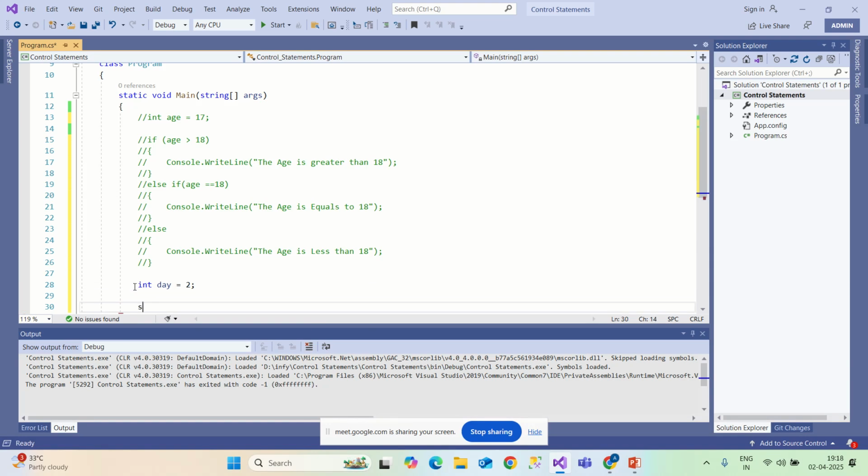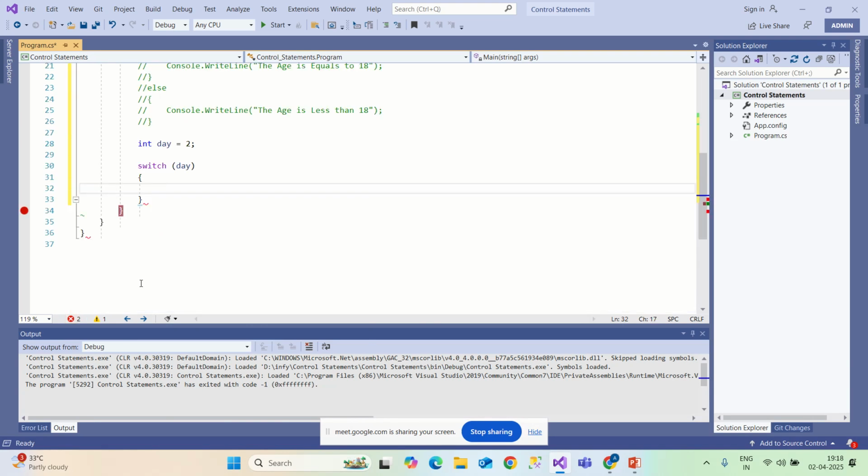And in switch case, here day, and we'll give multiple cases. From multiple cases we want it to give you the output from the condition we have mentioned here,